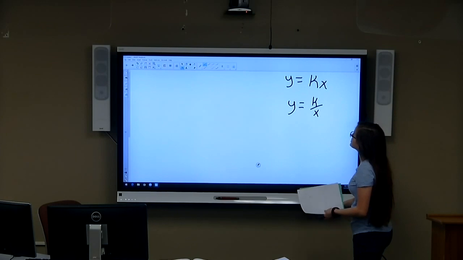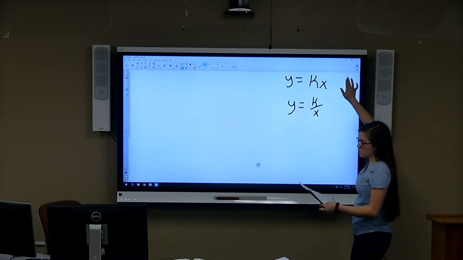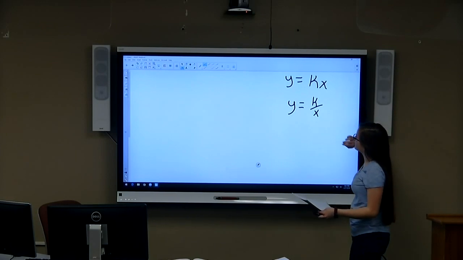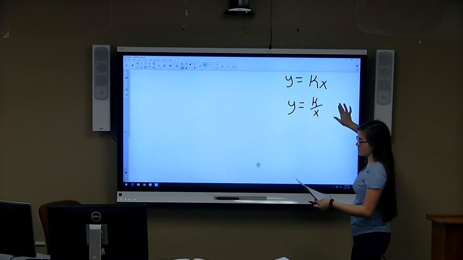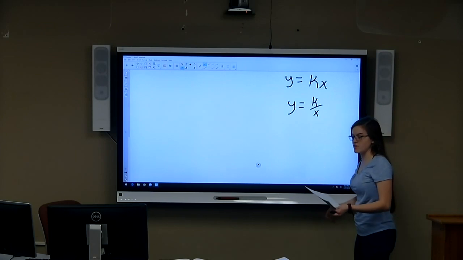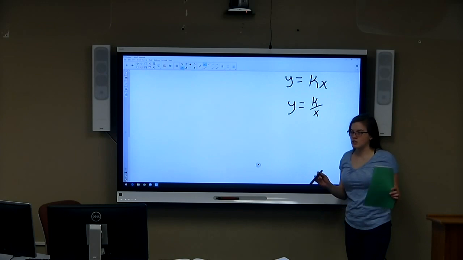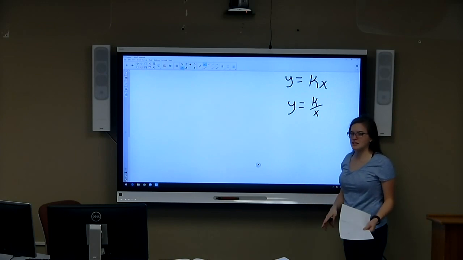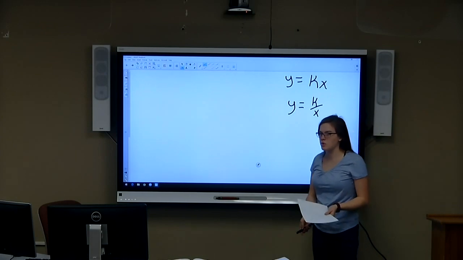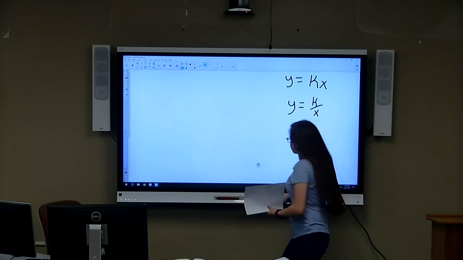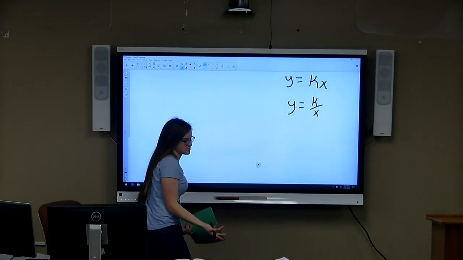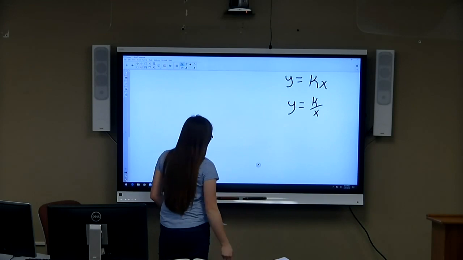If you're reading this, the first one would be y varies directly with x, the second one would be y varies inversely with x. They don't say indirectly because I'm pretty sure that's not a word, so they say inversely instead. I just say not directly because I'm weird. Anyhow,